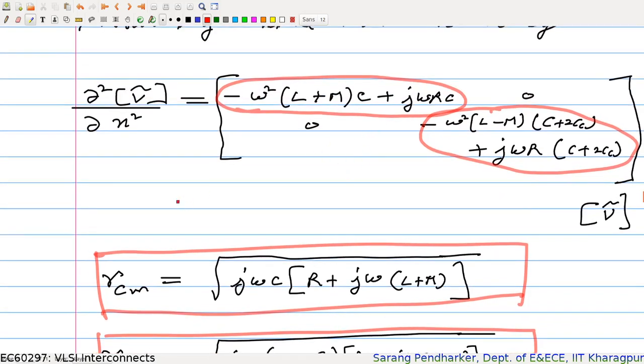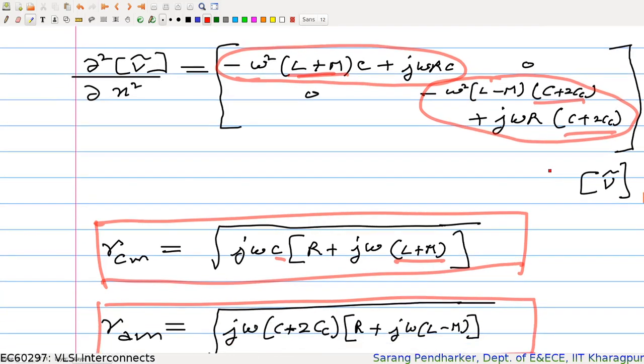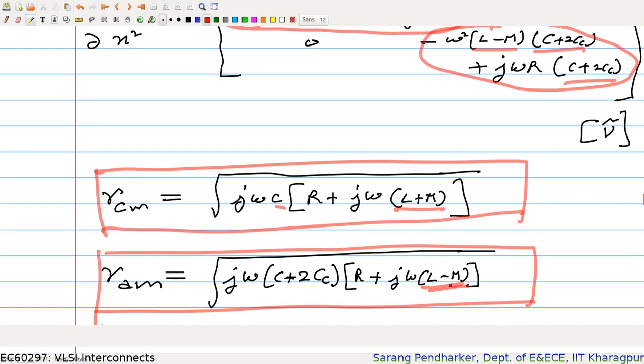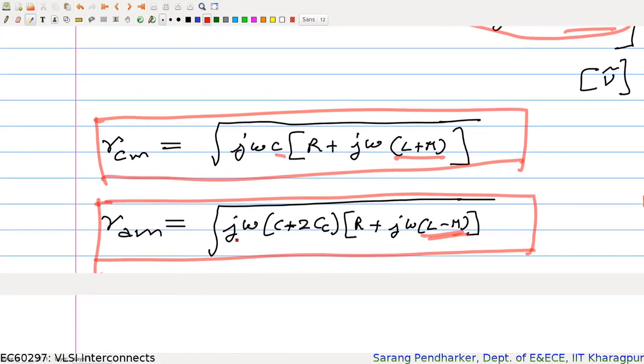You can see there is some inference which you can take out of this. So this appears to be the new inductance, and the capacitance remains C. And similarly here, this is the new capacitance, and this differential mode capacitance is the same as the one we got for the RC interconnect, and L minus M seems to be the new inductance. You can rearrange them, and you will get two different propagation constants for two interconnects.